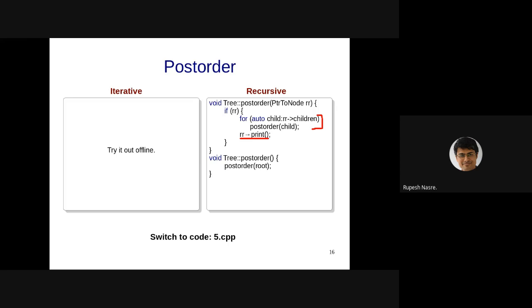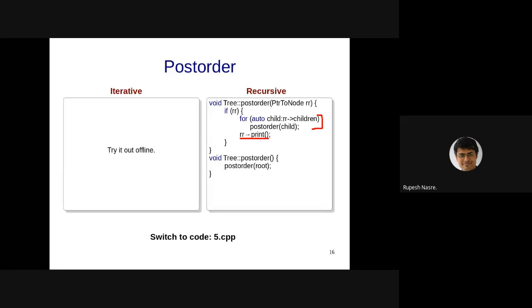Whereas in the post order, we are going to say, sorry, I missed it. This was post order, that you go to the leftmost leaf and process it first before going to the parent. In case of pre-order, you first process the node and then go to the child. So that was our pre-order. RR arrow print was printing it first for the node and then going to the children. Whereas in post order, RR arrow print is going to be after the children are printed, but the children are printed recursively, and therefore the whole subtree beneath is going to get printed.